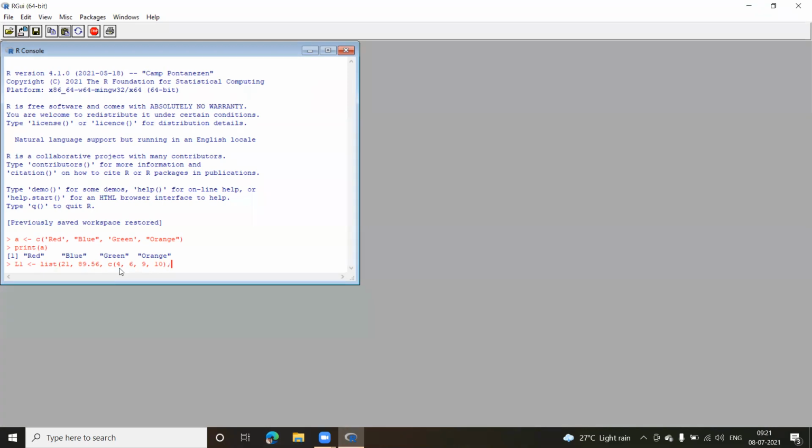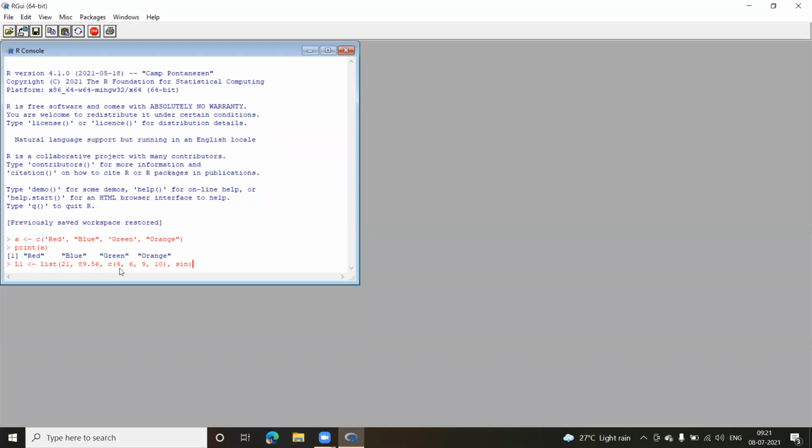I can also write a function name inside. So I can store a function. A trigonometric function is there called sine. Like the sine, cosine, cos, tan. These are some of the functions which are already available in R programming. So if I want to store a function as well, I can do that. So let me store one. Let me put a sine here. So I can put sine and then complete the round bracket.